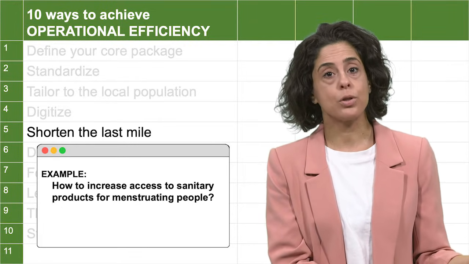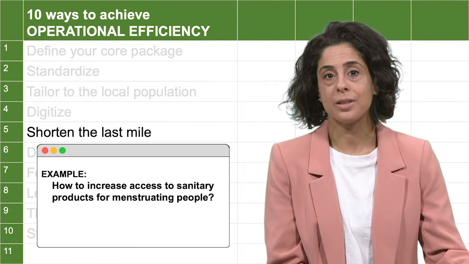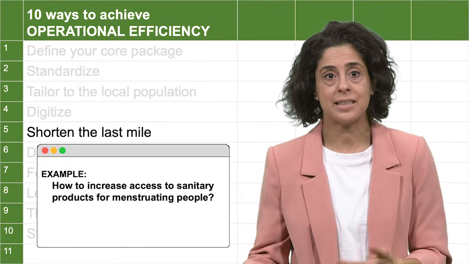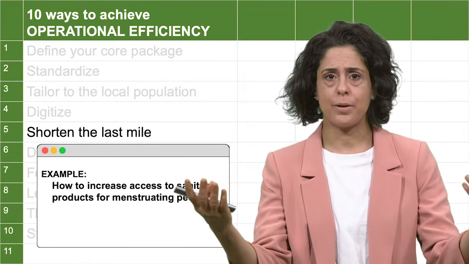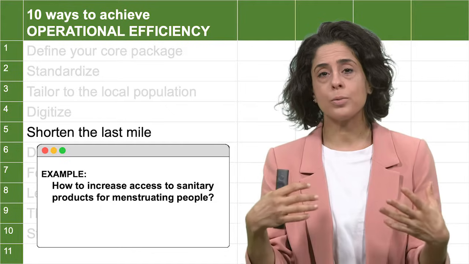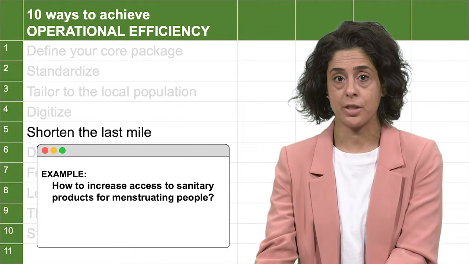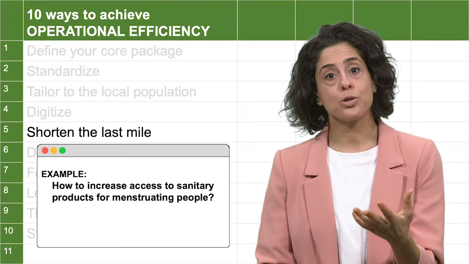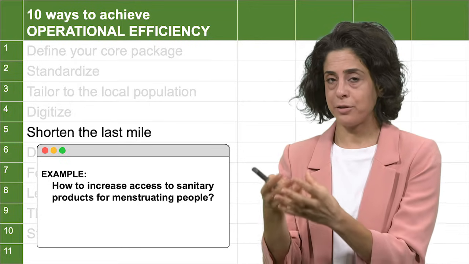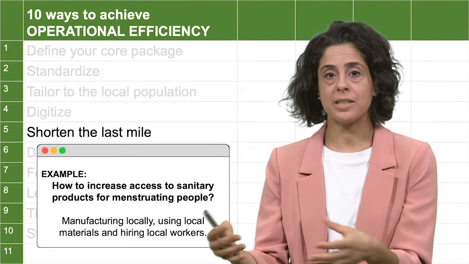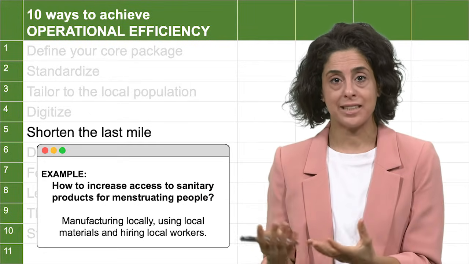So in many parts of the world, girls miss up to a quarter of their education because for a week out of the month they can't go to school because they don't have any sanitary products and they need to stay at home. And existing sanitary companies and multinationals around the world don't really bother with these locations because it's so expensive to transport their products there to these remote locations. So a lot of social entrepreneurs have shortened that last mile by creating manufacturing centers and devices at the last mile and hiring local women to create sanitary products